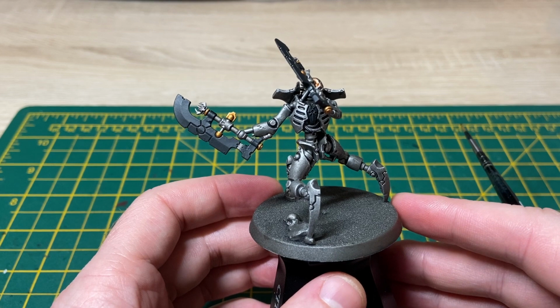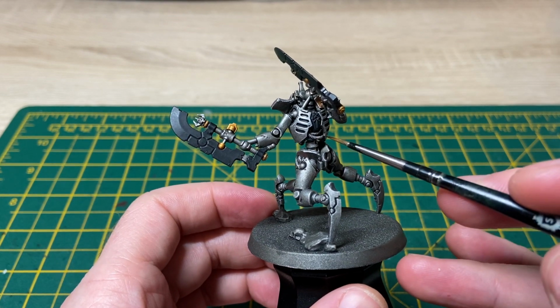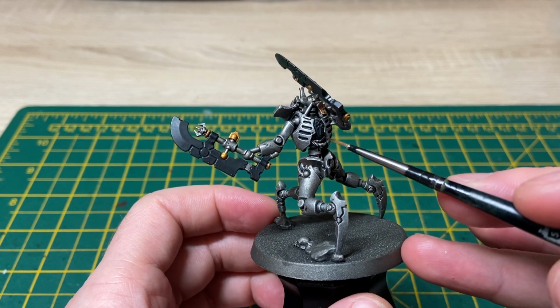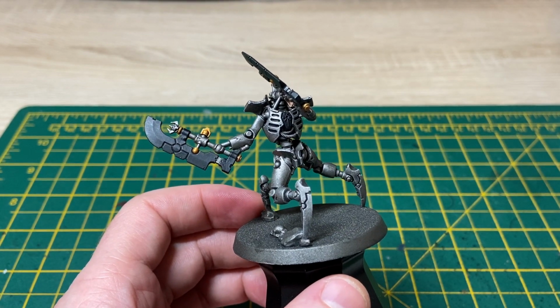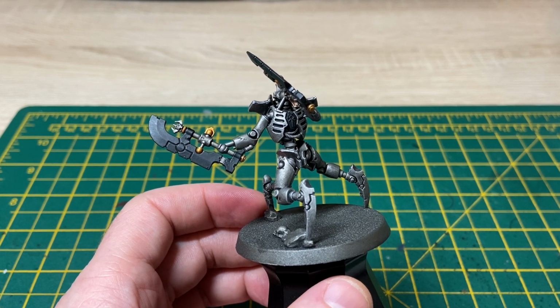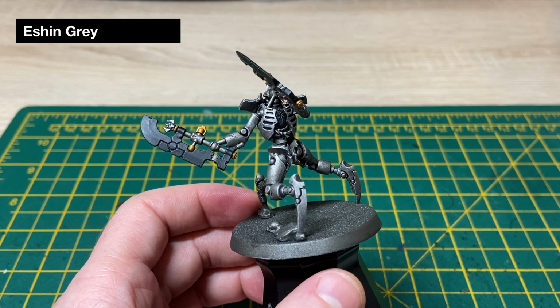With the areas that we want black now based in, it's time to start highlighting some of them. So for the cable on the inside here, and for the chest decoration, we're going to highlight them both in the same way, and that's going to be starting off with Eshin Grey. So I've just got some Eshin Grey on my brush,